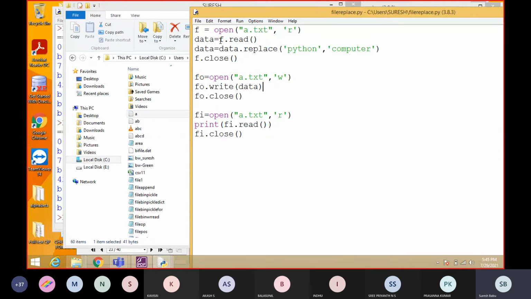By using read, we are storing the data, and by using the replace function, which is also a string related function we already know, I am going to replace wherever Python appears and change it to computer. So now the output will become welcome to computer. Regularly visit computer. Students understood?